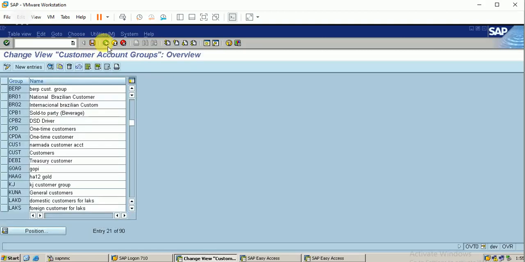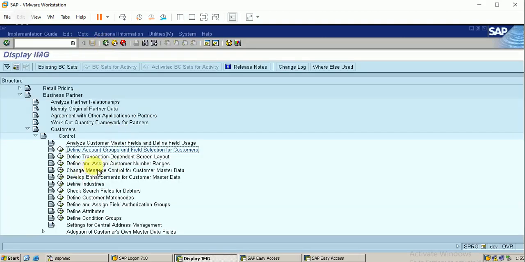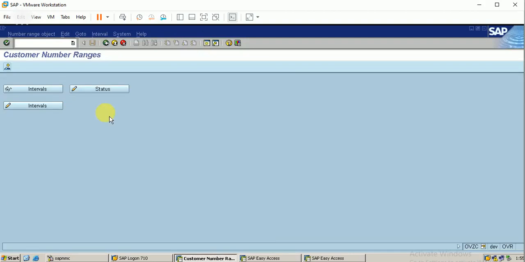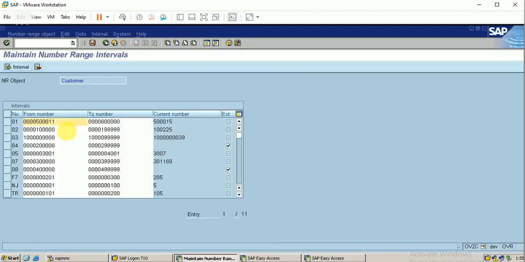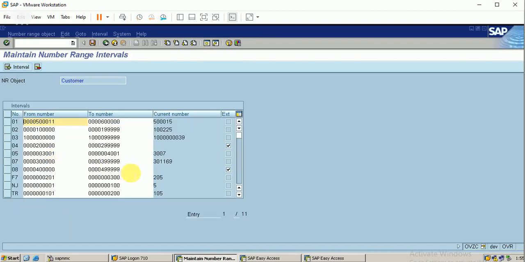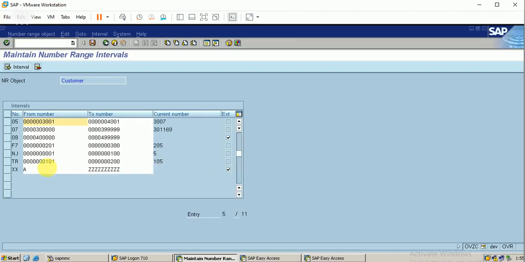Let me define a new number range. Here: define and assign customer number ranges. I'm executing it. Here I can define the new number range. Click on intervals. I can define the new number range here, but I'm not going to do it now. We will see it in later configurations. As of now, we have configured with this number range.